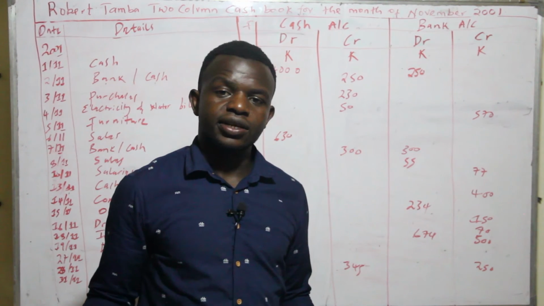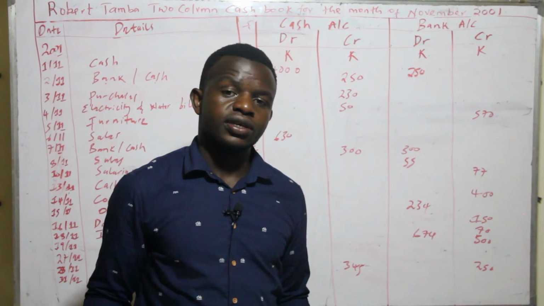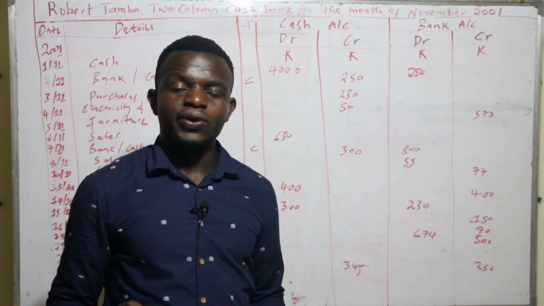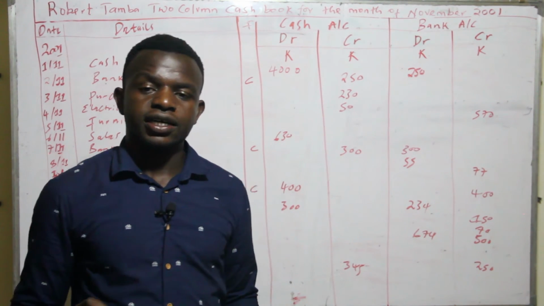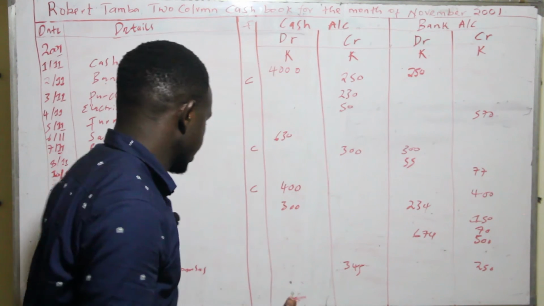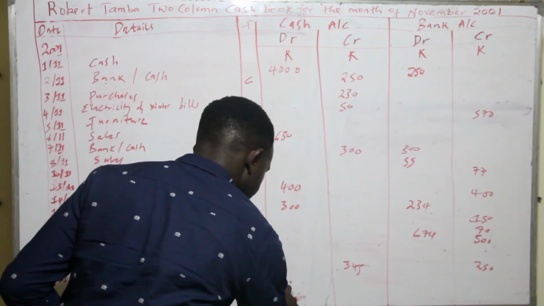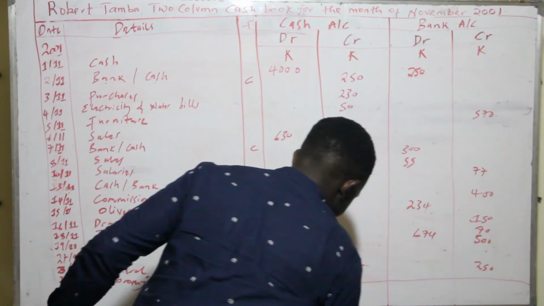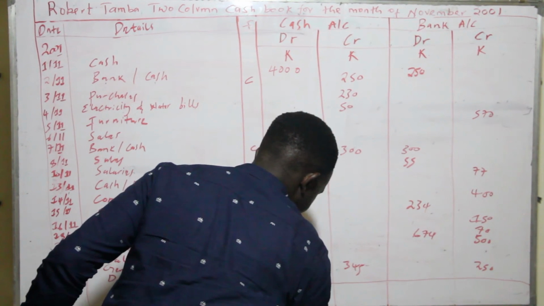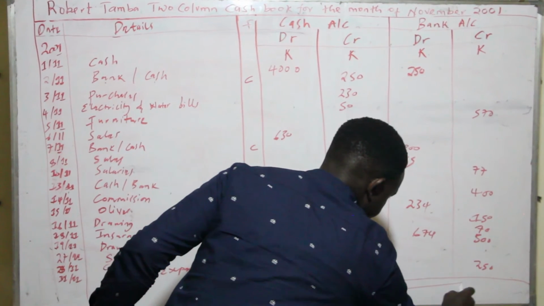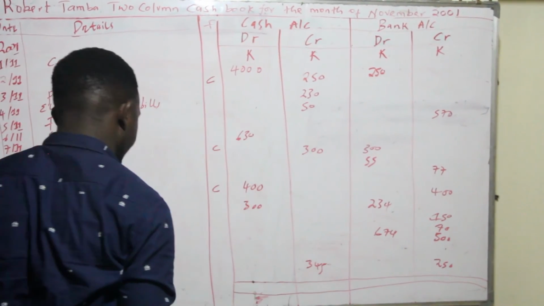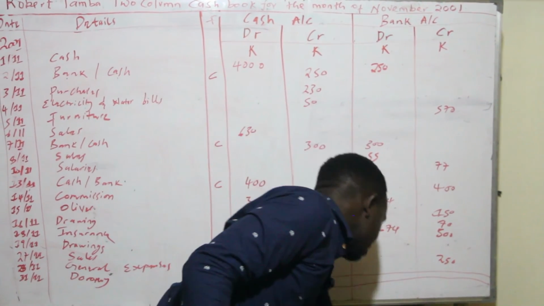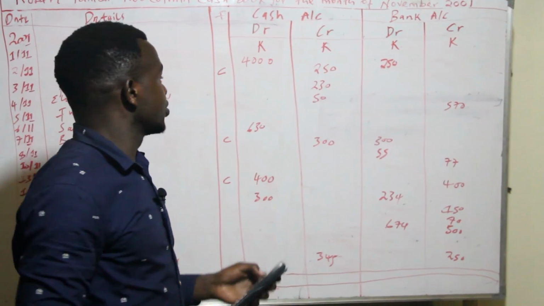So the next thing that we're going to do is to find the totals. So we're going to find the totals for the credit side and the debit side of both the cash account and the bank account. So we're going to start with the cash account. So we're going to add